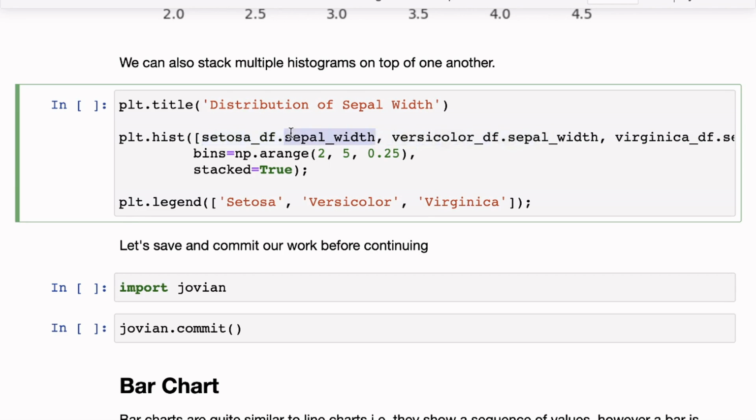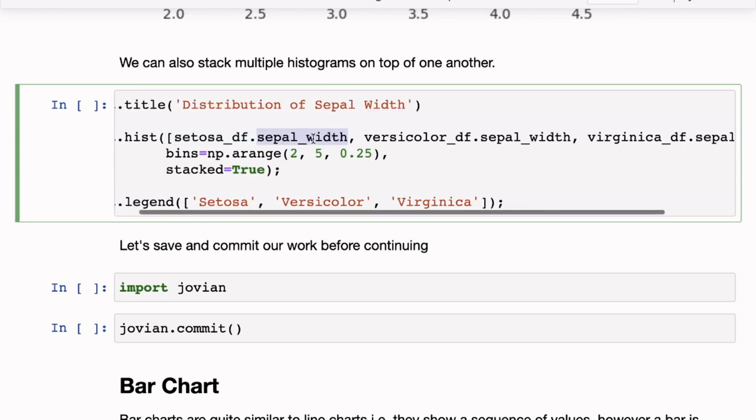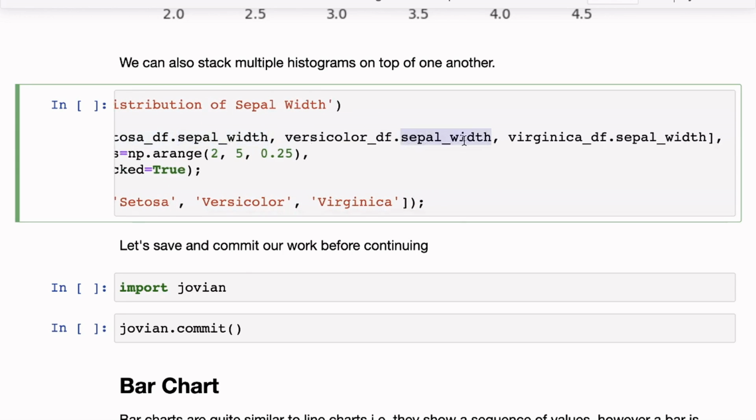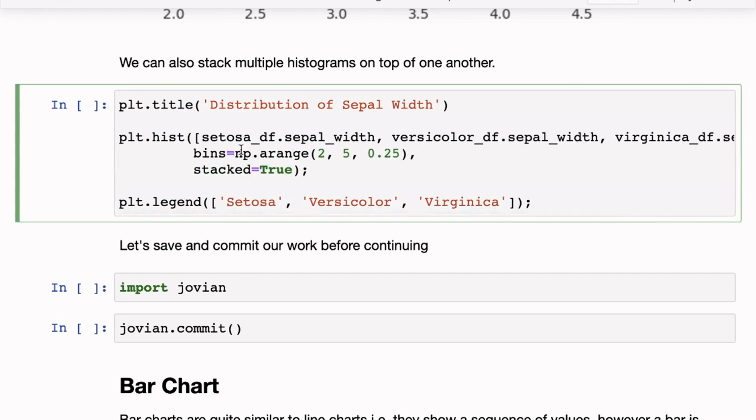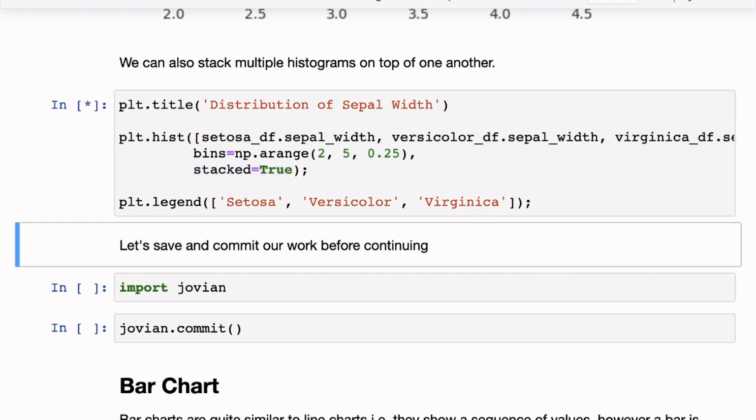So we can pass the setosa df sepal widths, and we can pass the versicolor df sepal widths and the virginica sepal widths as a list. And then we simply specify the same set of bins that we want. And then we say that we want to stack them. So we set stacked equals true.